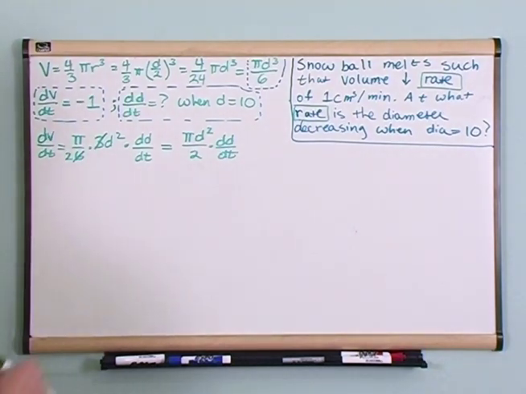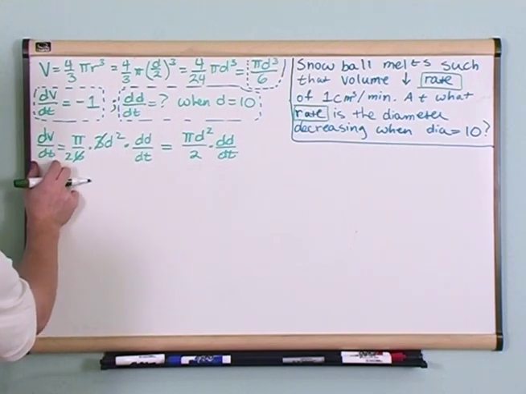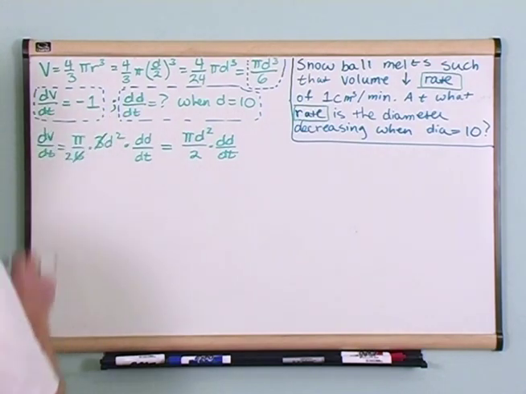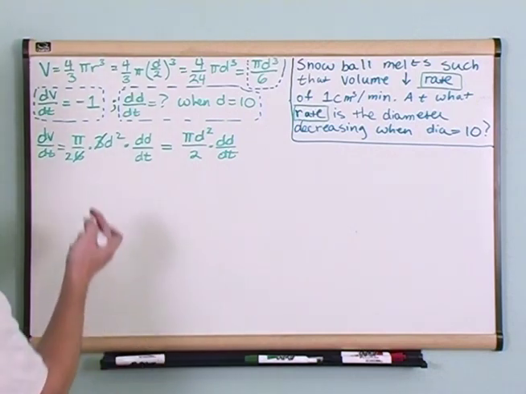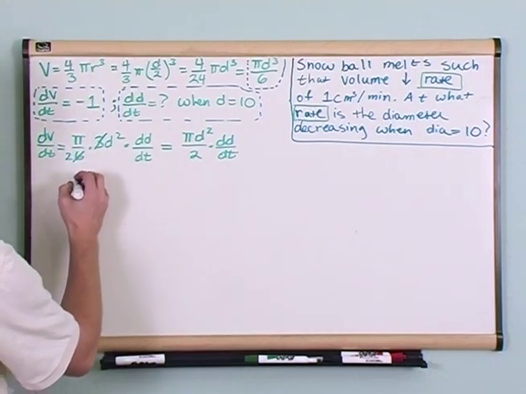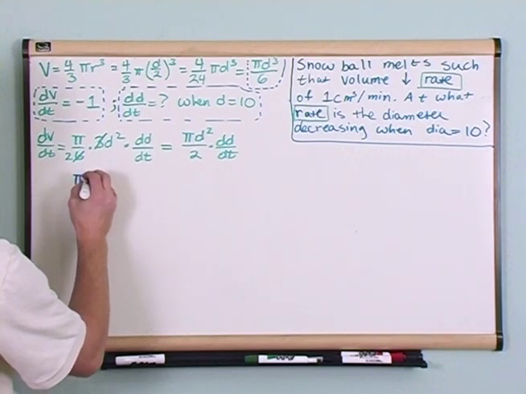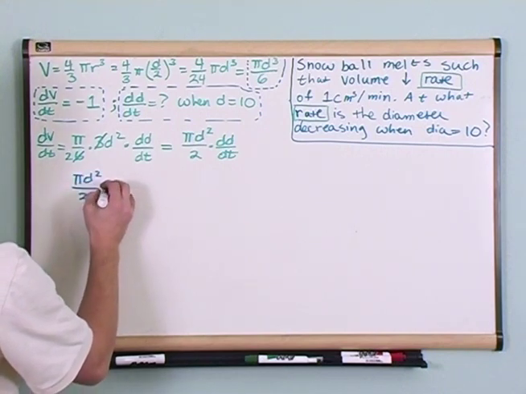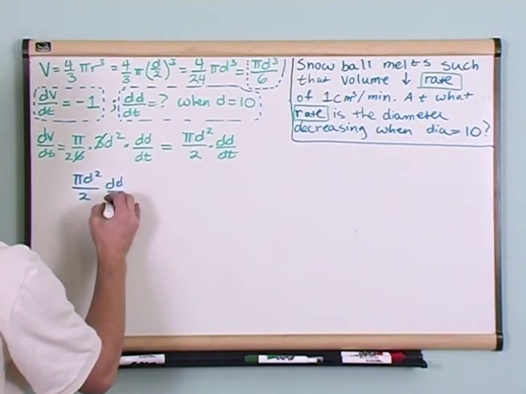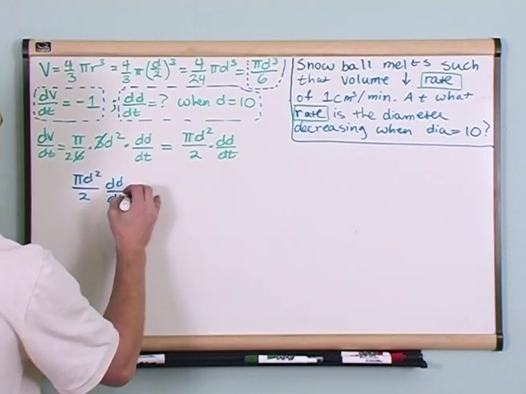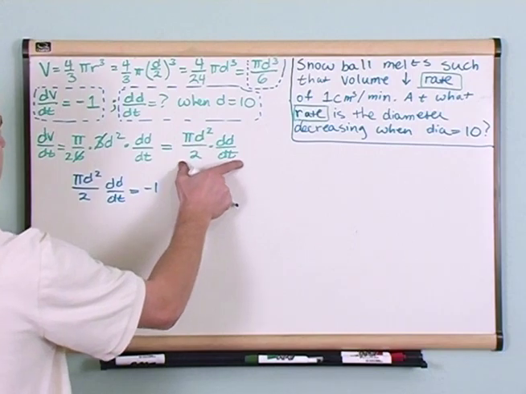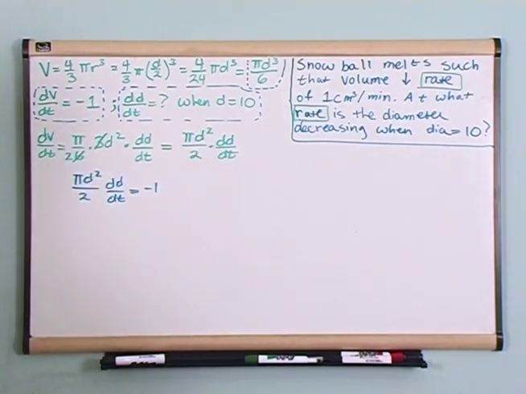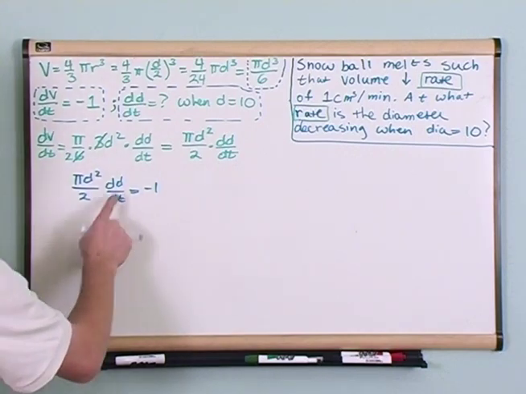But we know what dv dt is. It's equal to -1. So I'm going to switch colors here just to make things clear. What you're going to do here is write pi d squared over 2 times dd dt equals -1. What you've done is you've calculated dv dt and arrived at this. Now you're just setting it equal to whatever they gave you in the problem. Okay? So let's solve for dd dt